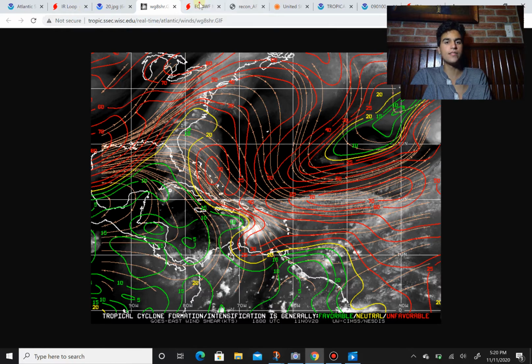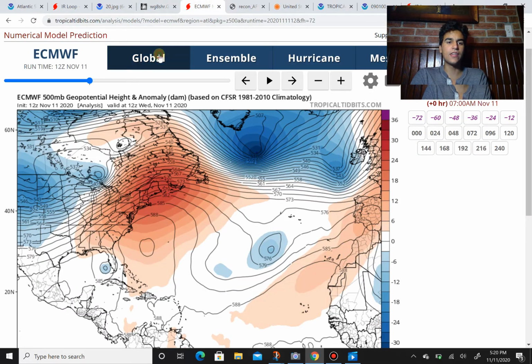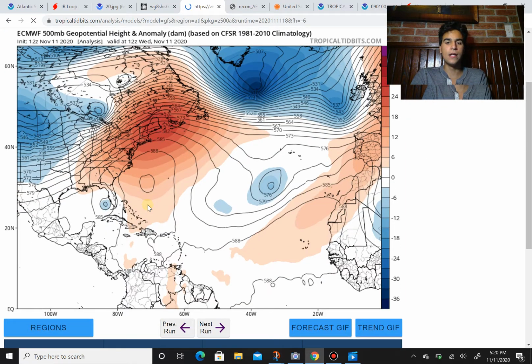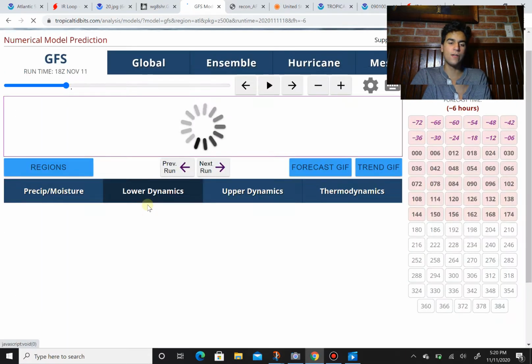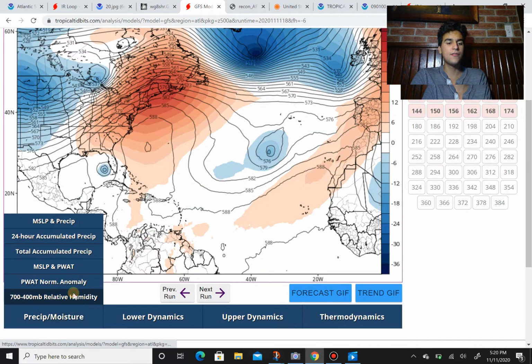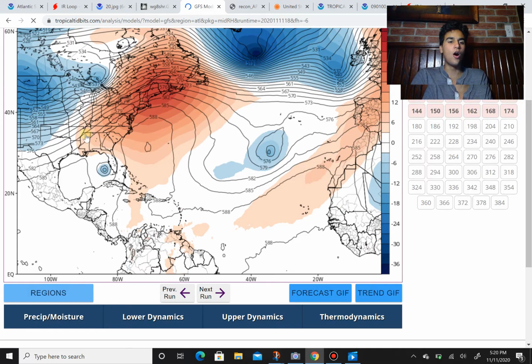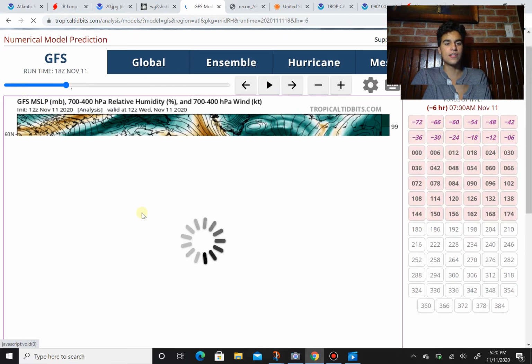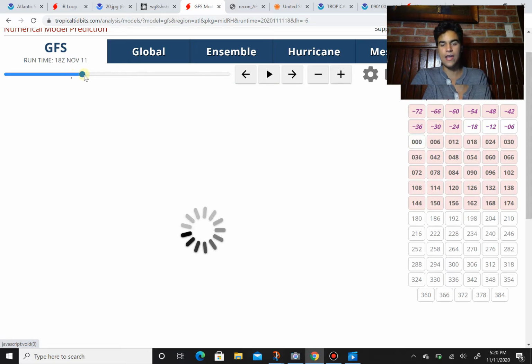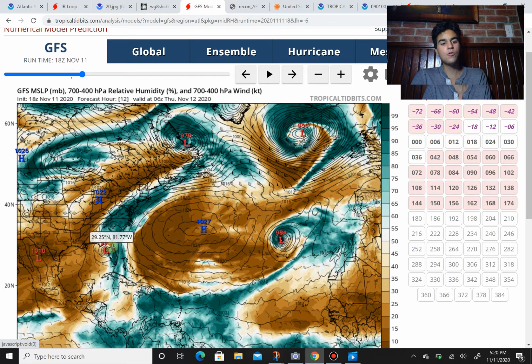And one of the big reasons is because if we take a look at the GFS model and the relative humidity between the 400 millibars and 700 millibars in the atmosphere, you see that on the western side of this storm, there's just a ton of dry air that Eta has to deal with heading towards the Florida coast, and that will somewhat limit its strengthening and put a maximum to its strengthening and slightly weaken it,